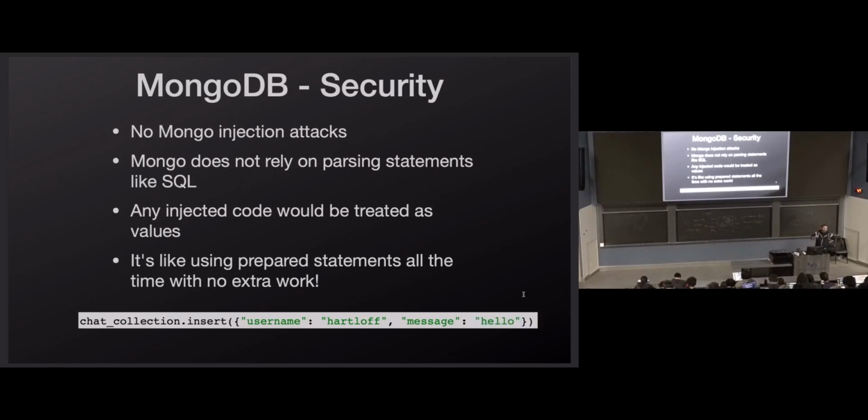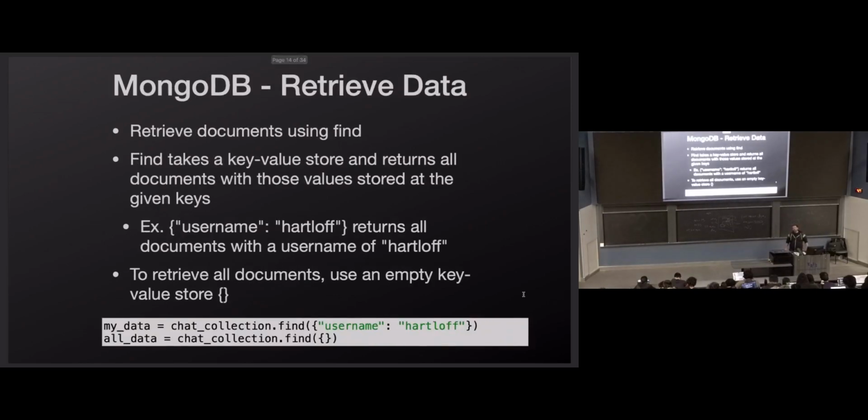But it's not MongoDB itself. MongoDB itself has not been vulnerable to those. But sometimes there are client libraries that are poorly implemented that connect to MongoDB that are vulnerable to it. So I want to put all that out there just so when you hear injection attack in MongoDB, you're not like, Jesse lied to me. It's in the client code, though. Any case that I've seen, I should say.